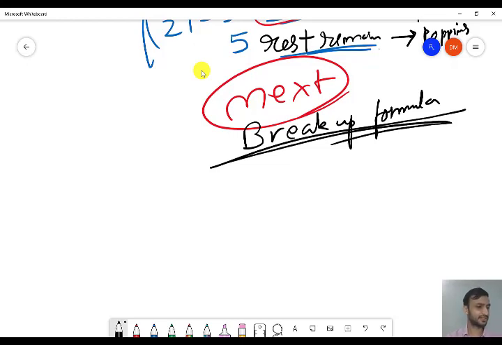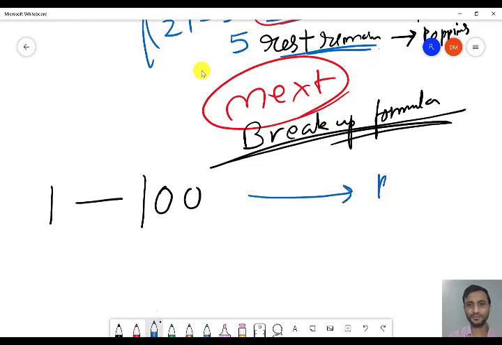So the question says the monthly electricity bill is to be computed as follows. Minimum rupees 250 for the first 100 units. What is the first 100 units? First 100 means from 1 to 100. For that it is rupees 250. Then it is saying plus rupees 0.60 per unit. For 1 unit it is 0.60 rupees.